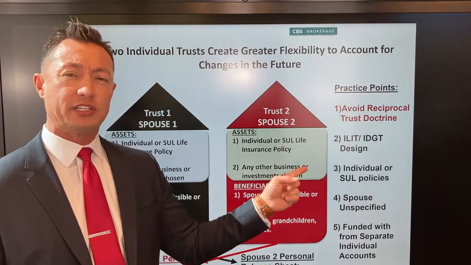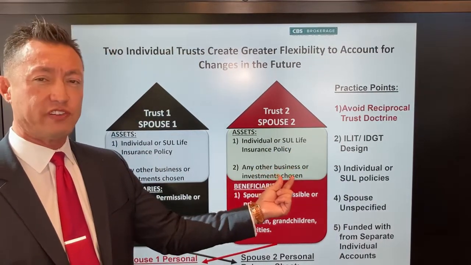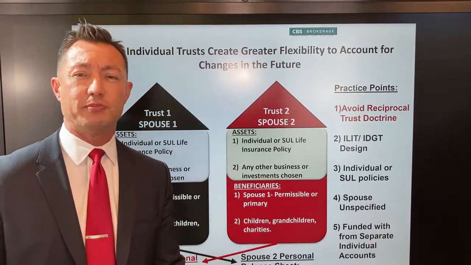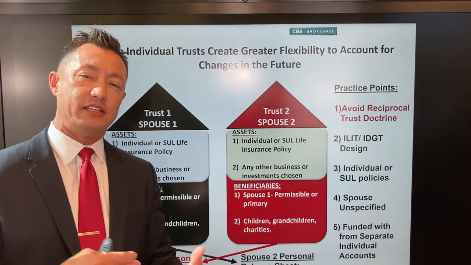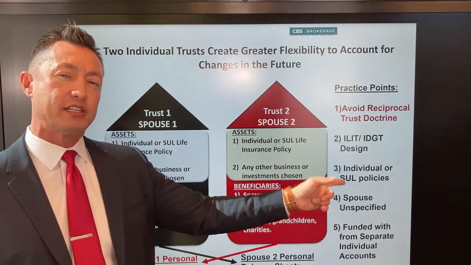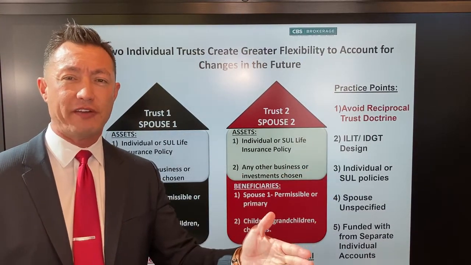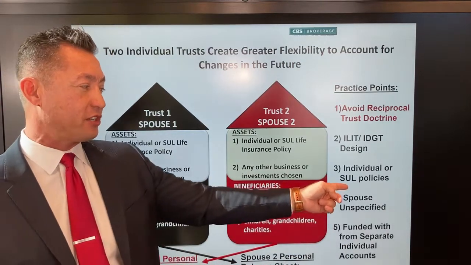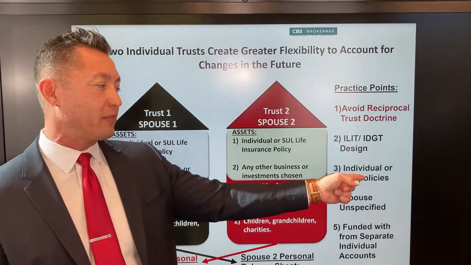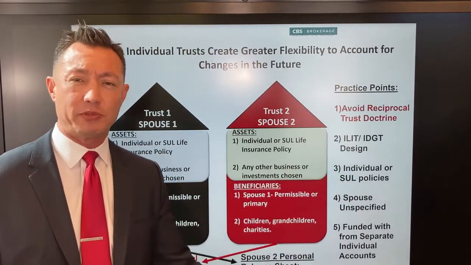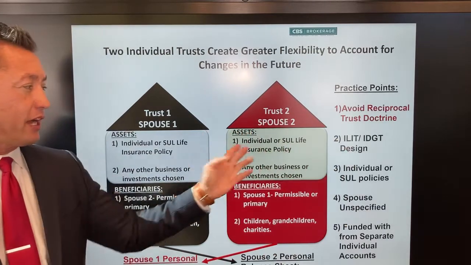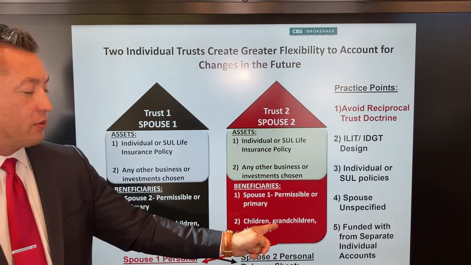The other thing is we might want to consider individual life policies or survivorship policies, one survivorship policy in each of these trusts. Oftentimes survivorship policies are used because they're 10 to 15% cheaper than an individual life policy, and this pays out when it's needed, at the second person's death typically. But that also assumes that the survivorship policy is cheaper because both spouses are surviving to some age within proximity of each other dying. But if one spouse died significantly earlier, it might have been cheaper to have individual life policies, in the sense that the premiums would have stopped in one policy and the death benefit would have been invested, etc., etc.